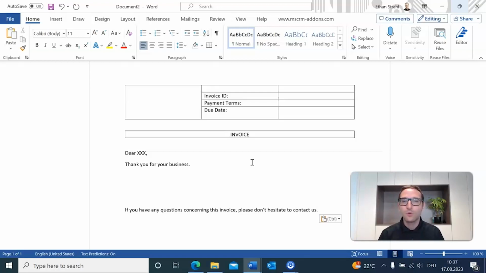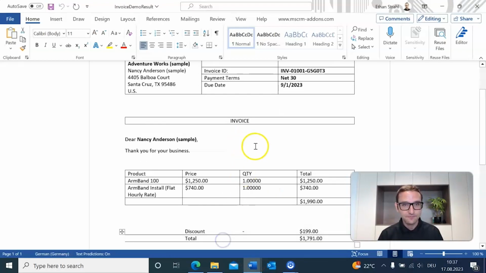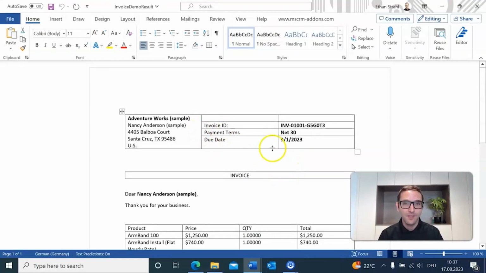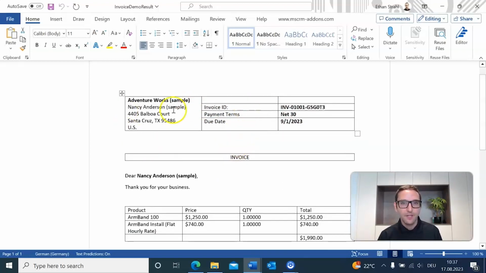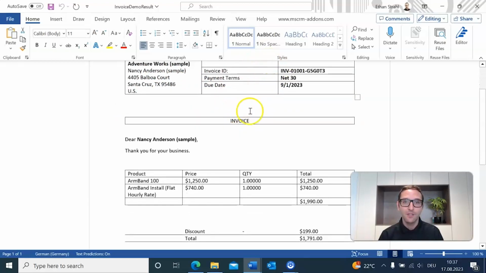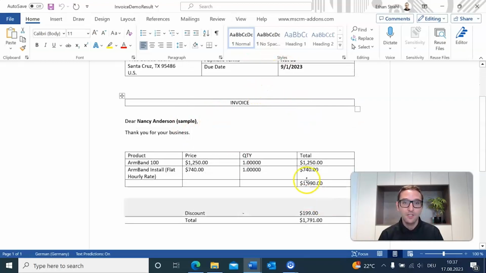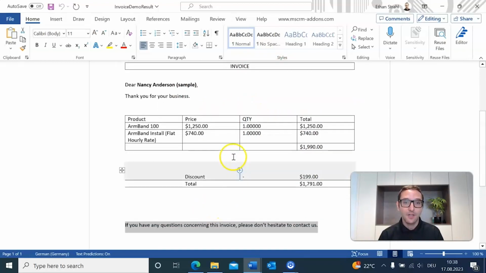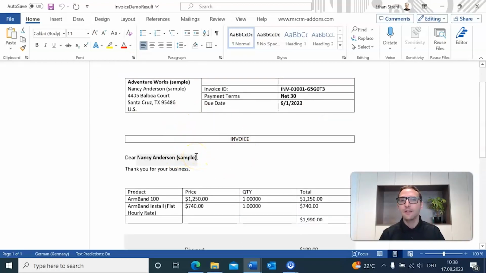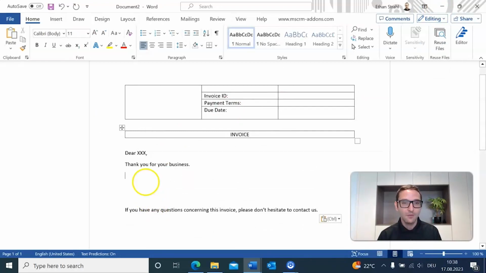To show you what we're trying to shoot for here, I've already prepared a result document ahead of time. This document shows what we're trying to go for. We have the information about the customer and their parent company, some general information about the invoice, the products themselves, and the discount and total information. This is what we're going to be trying to build in our demo today. So I'm going to go ahead and minimize this, and now let's take a look at